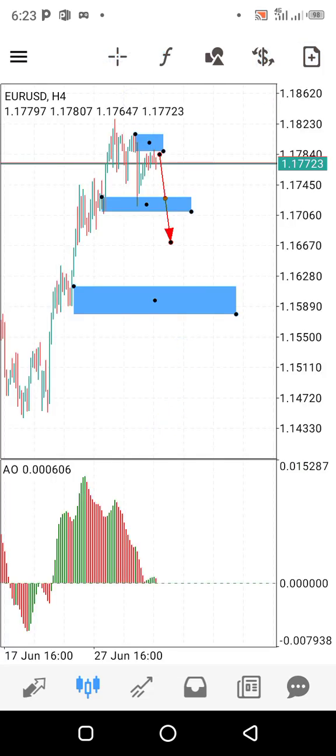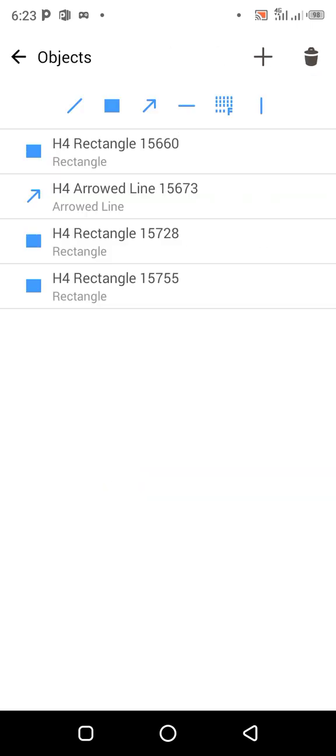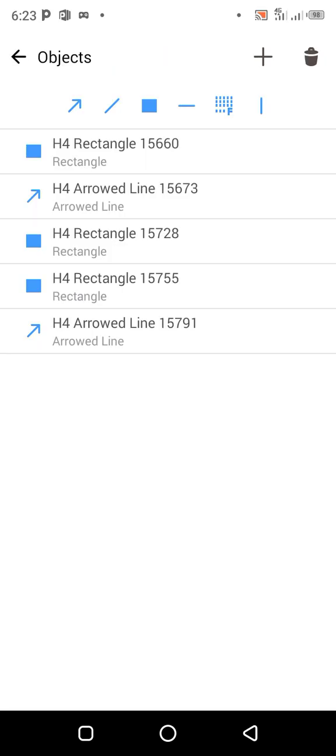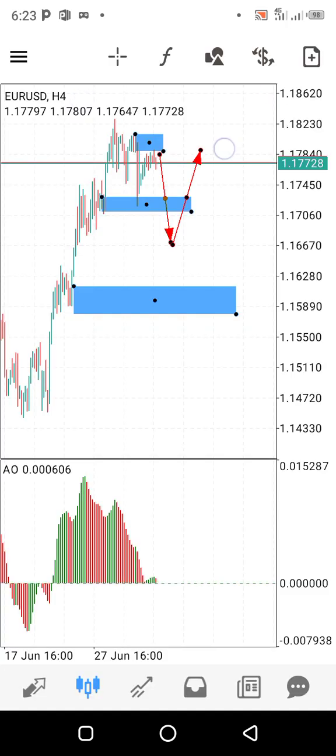Sorry, I need an arrow, not a trend line. Okay, so here it is. So we expect some pullback. Then we shall take our sells from that area. This is now added confirmation. We take our sells from that area towards here, towards the next